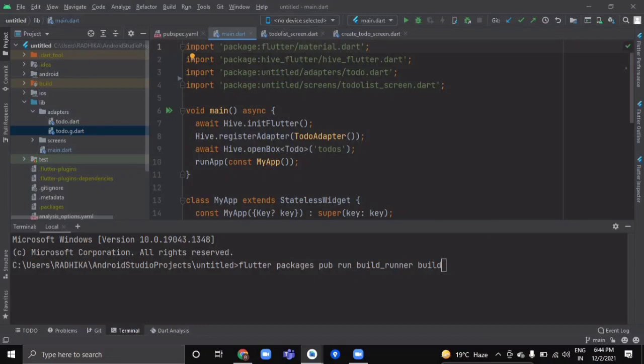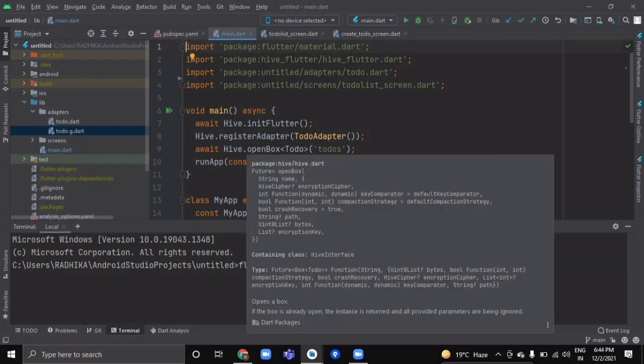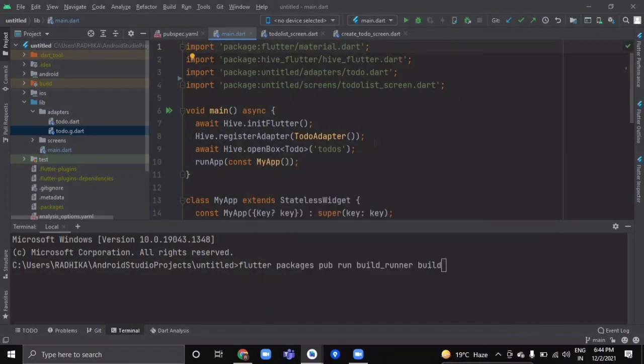So we will write await Hive.openBox. openBox is a method where you write the name of a database or a table that you want to create inside your local database. Now this Todo is of a generic type.